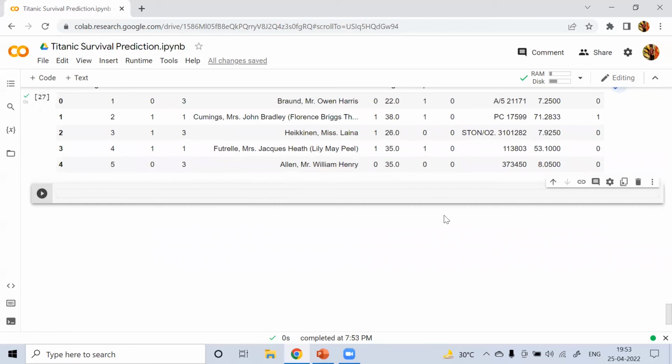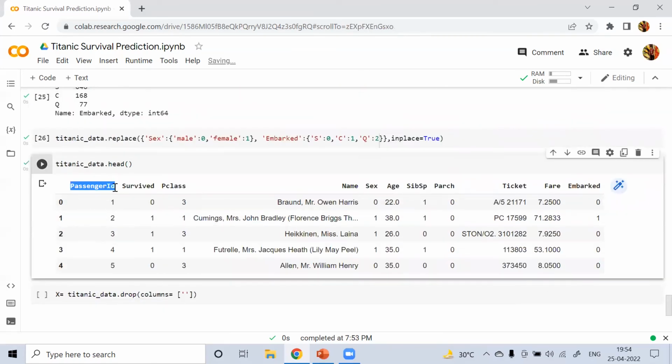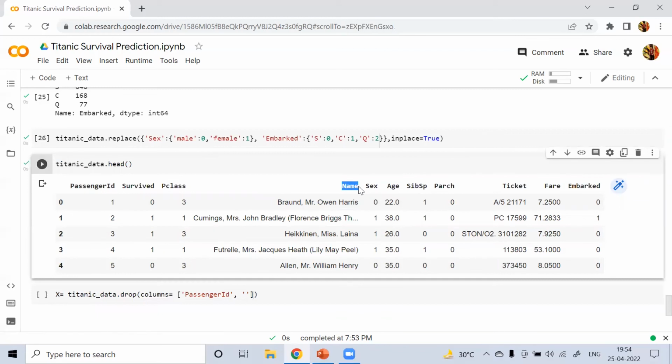So now let's start separating the features and the target. Titanic data dot drop columns. We'll drop the columns which are not required, like passenger ID is not required, and this name column is not required.